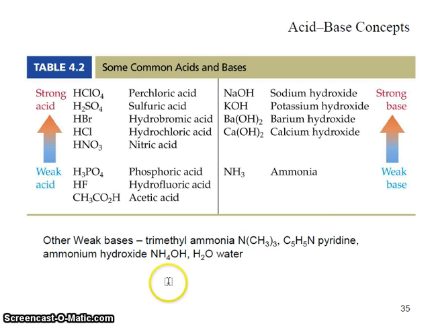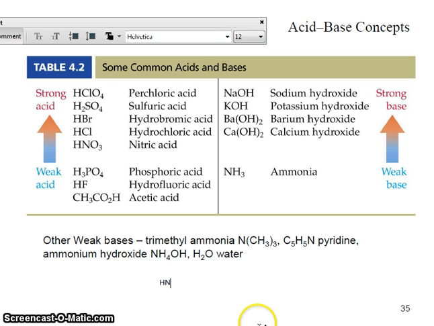You have to take it with a pinch of salt here, that you are looking at HNO2 versus HNO3. So nitric acid is going to be a stronger acid than nitrous acid. That's what I'm trying to tell you here. Likewise, sodium